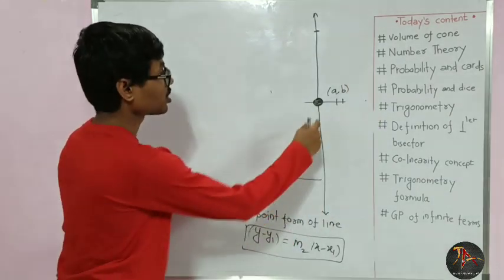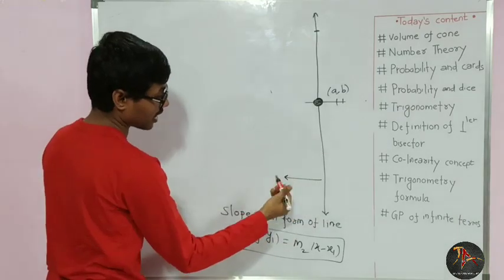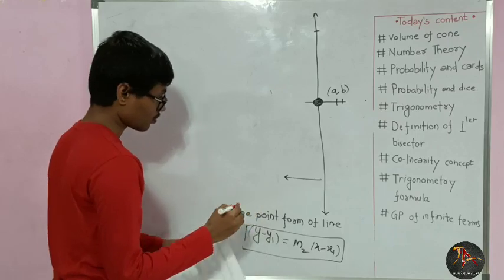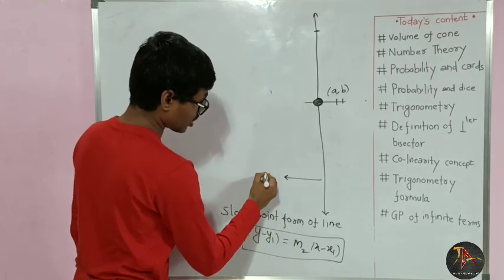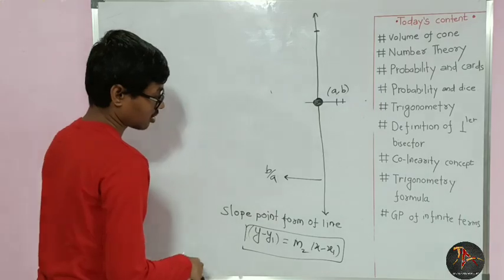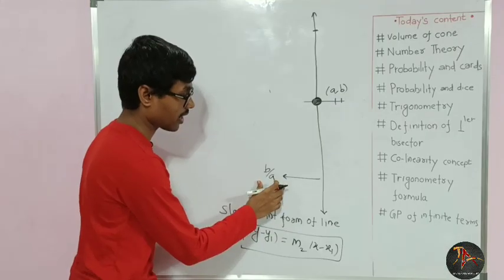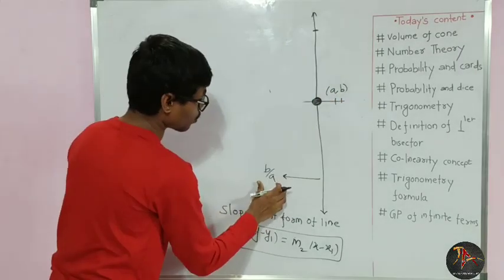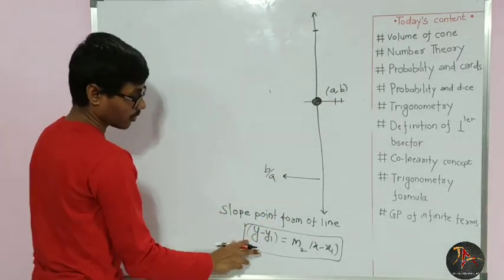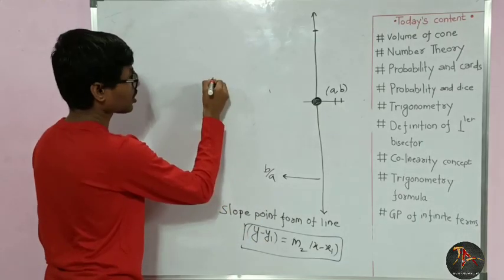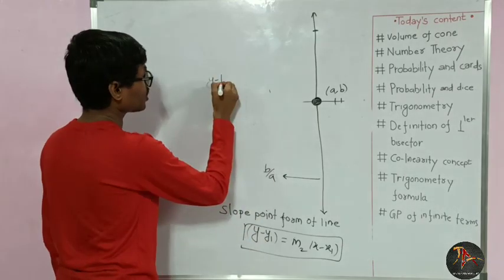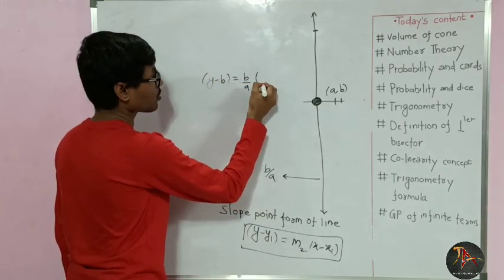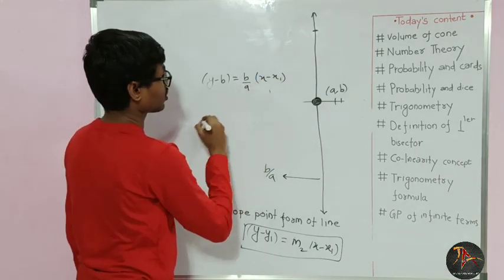We have found this point, and we know the slope of this line is... what was the slope? I think it was b by a. Now we know that the point is (a, b), and the slope of this line is b by a. Now if I put this value in this equation, y minus y1, that is y minus b, is equal to m, which is b by a, times x minus x1, and x1 is